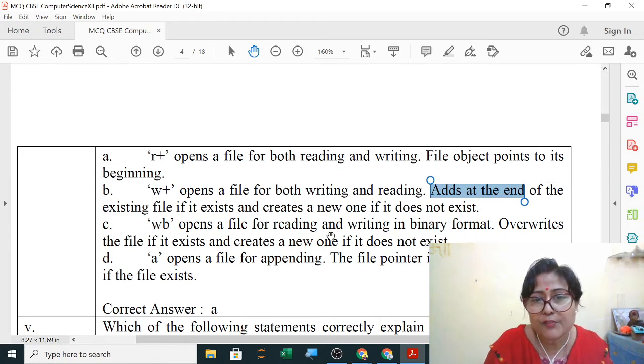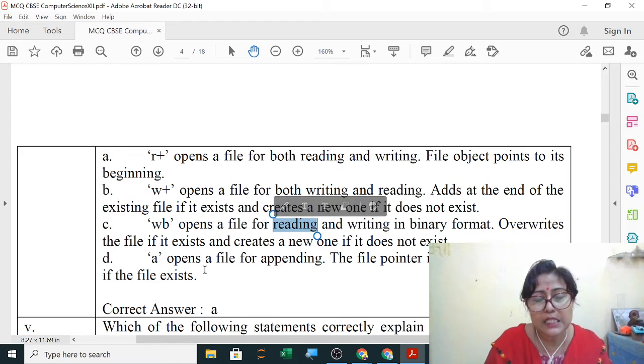WB opens the file for reading and writing in binary format, overwrites the file if it exists, and creates a new one. No. WB for reading, only for writing. Sorry, this is not for reading. Plus is not there. So WB is only for writing. So this is also false because here reading is written.